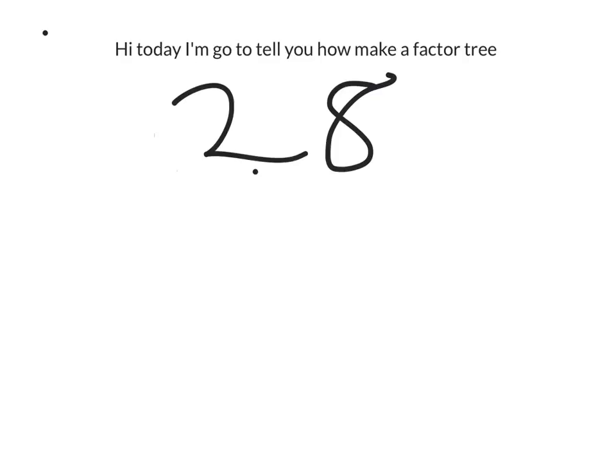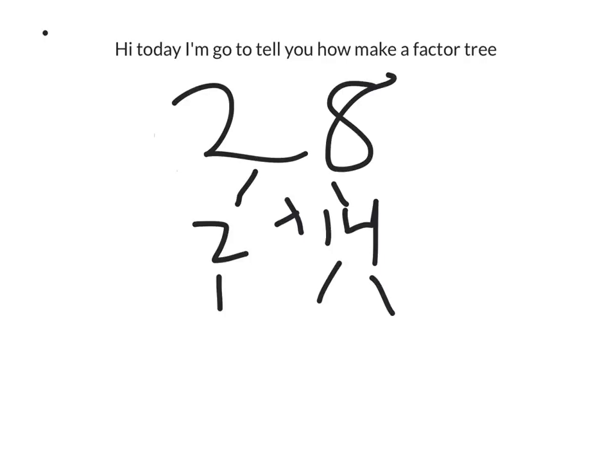To do a factor tree, write down your number, and then you do 2 lines out of it. To get this number, you do 2 times 14, as an example. And then you bring the 2 down, and what equals 14? 2 times 7. And there's your answer, guys. This is your answer because